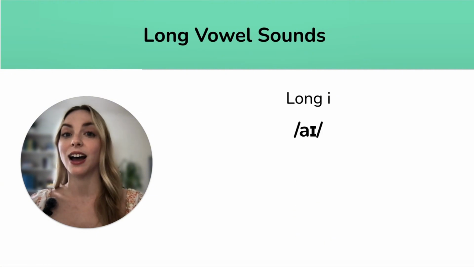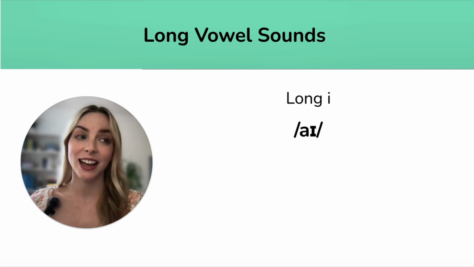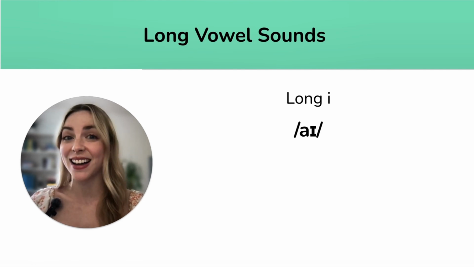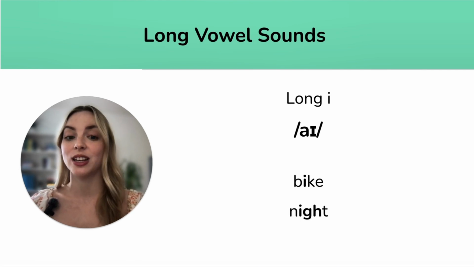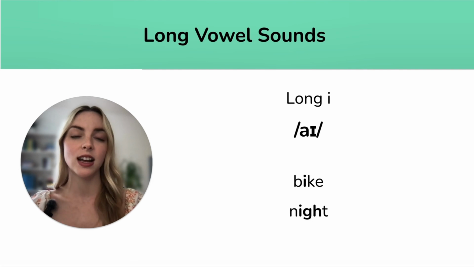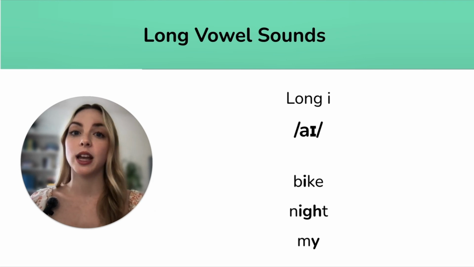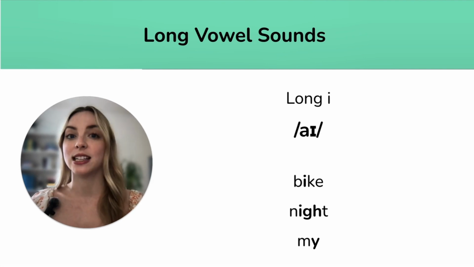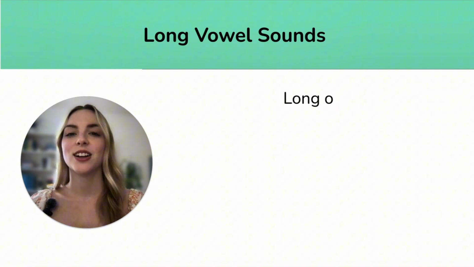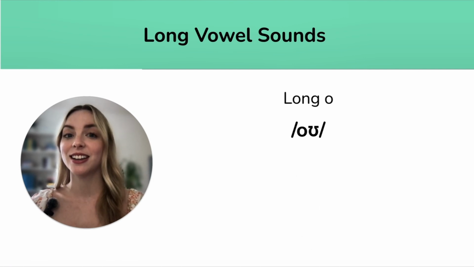Next up, long I. Again, it sounds like the letter name I, as in the word bike, or night. Often we have IGH in the middle of a word, which makes the long I sound, like night. Also, it could be represented by the letter Y, when Y is the vowel, as in the word my. Long O sounds like oh,